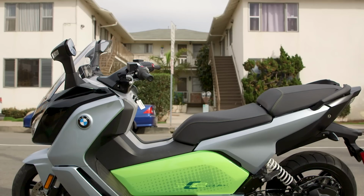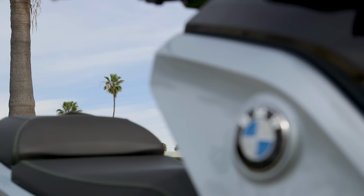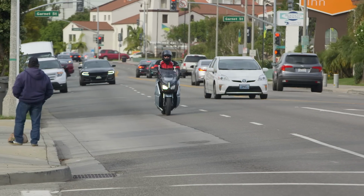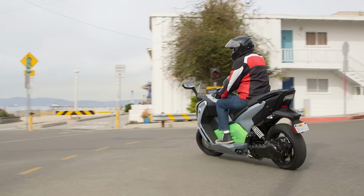Now, when the average American thinks of a scooter, they picture a 50cc bike. This is definitely not that. Starting at $13,750, the price tag matches its size. Yeah, it's not cheap, but it's also probably worth every penny if you're in the market for a green motorcycle